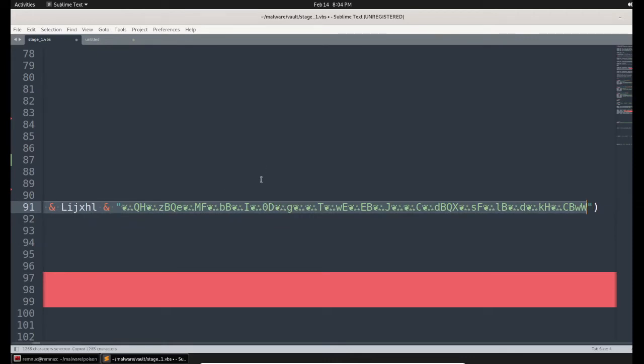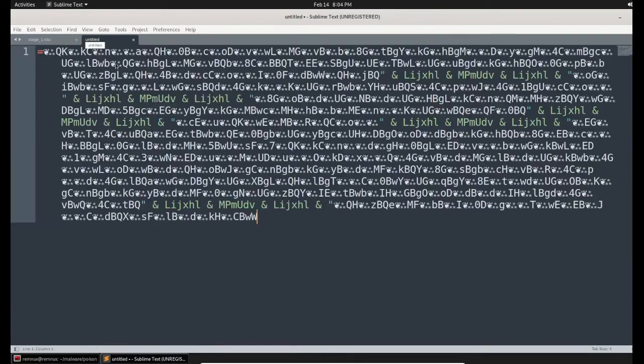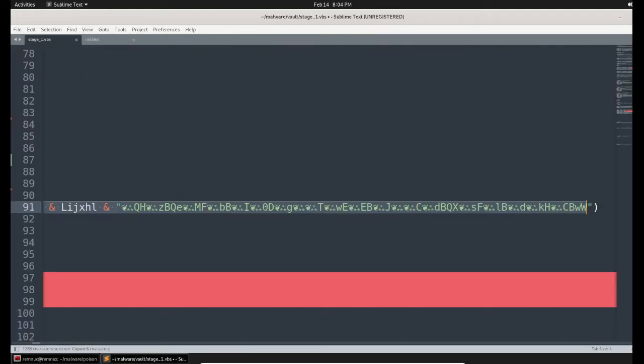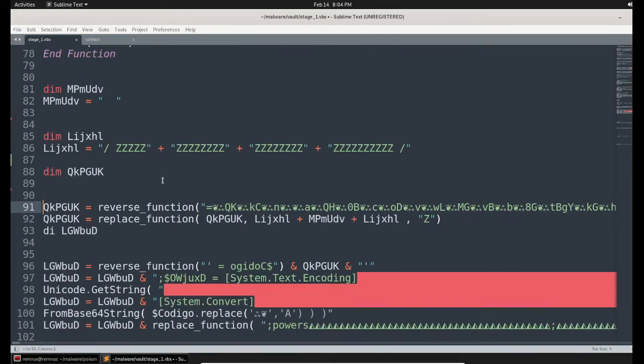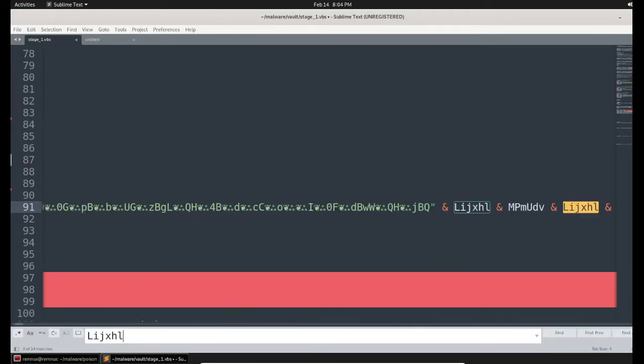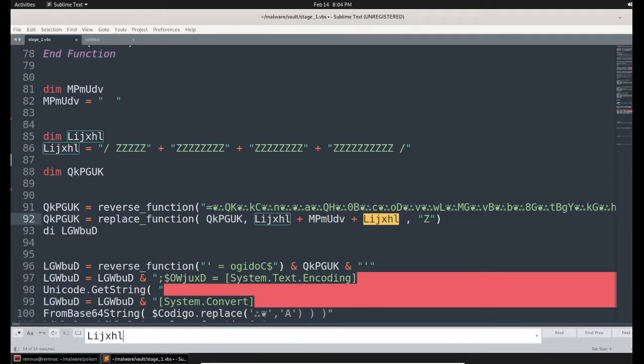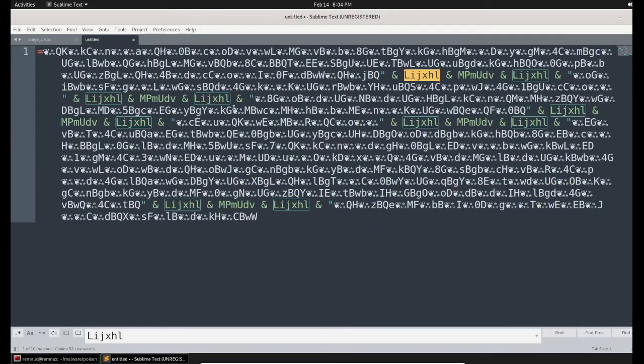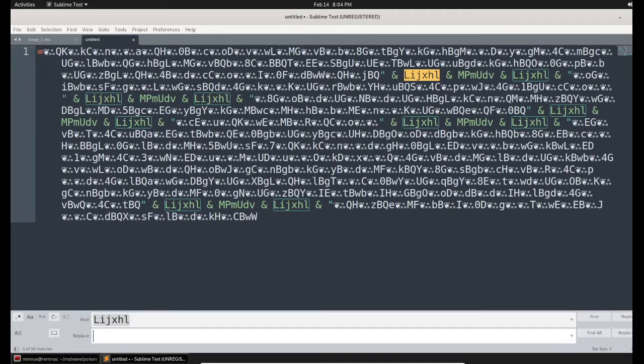So here is the value that we need to reverse. Again, I'm using the separate sheet to denote that. And within that random non-printable characters, we can see some variable names being called. So let's try to get the values for those variables. So here is the value. Let me replace it with its value.